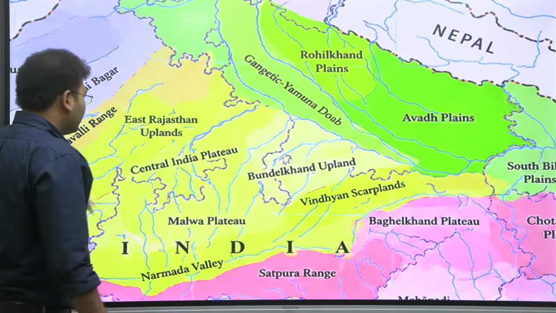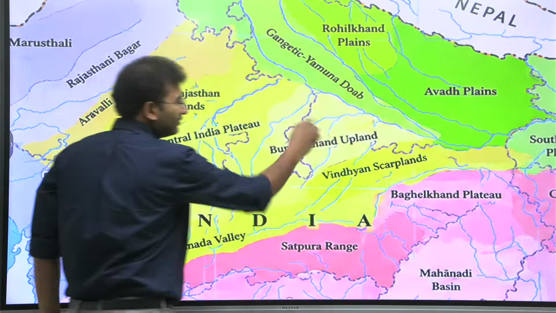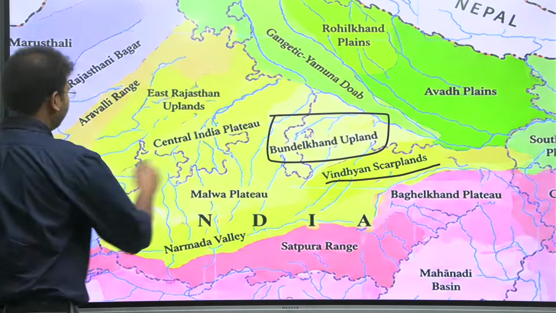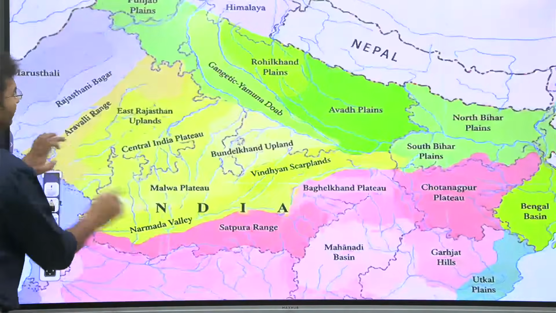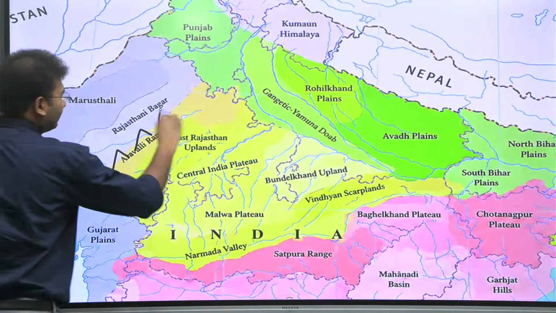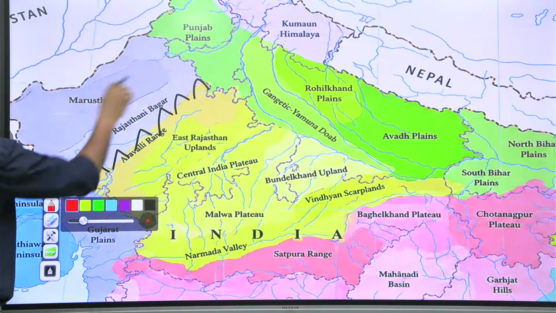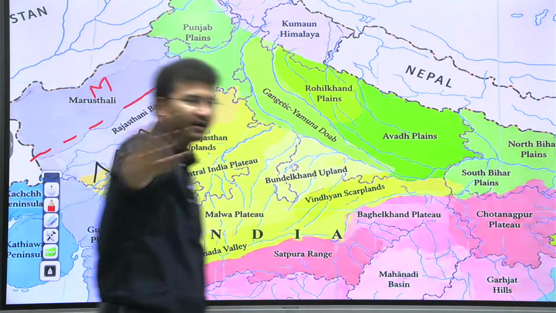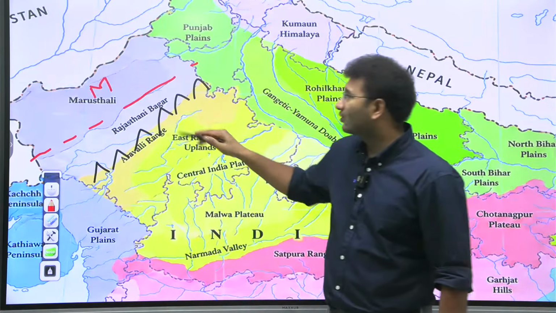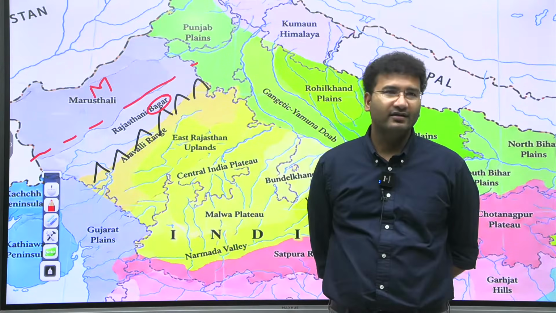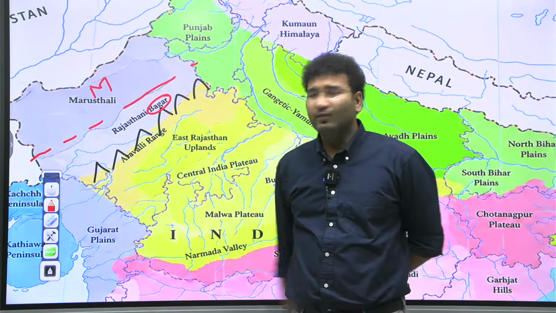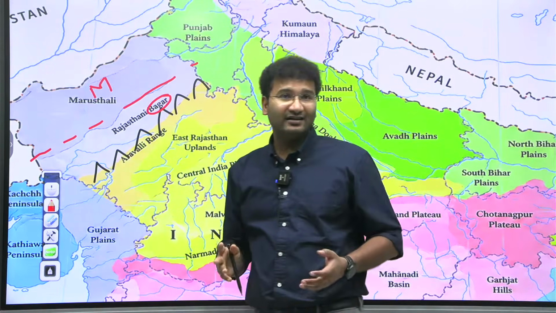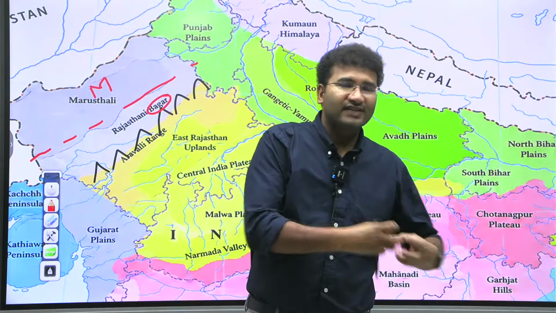Now come back. So Bundelkhand, you can remember, right? Next, the Vindhyan scraplands are badland topography. Look here. This is your Aravalli region. Now, north of Aravalli, your desert is divided into 2 areas. One is called Marustali, which is completely dry. And the other is called the Rajasthan Bagar, right? So here, you won't find the deserts to be sandy deserts also. Desert means, don't think that you'll always see sand dunes.